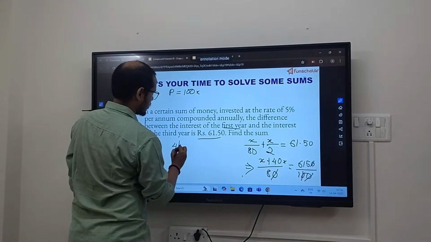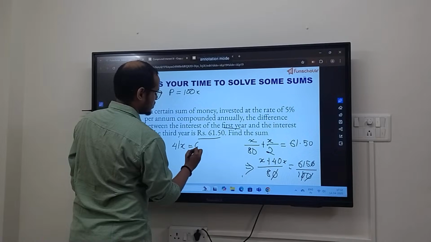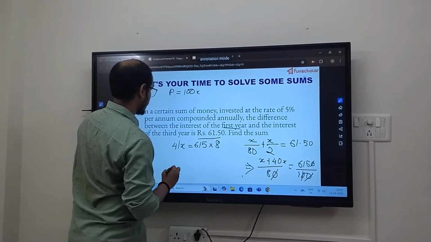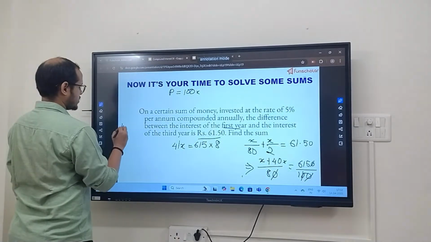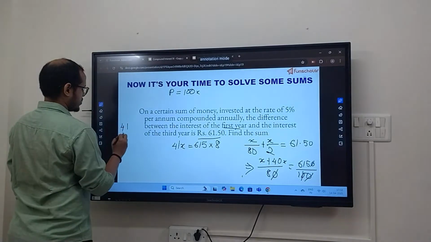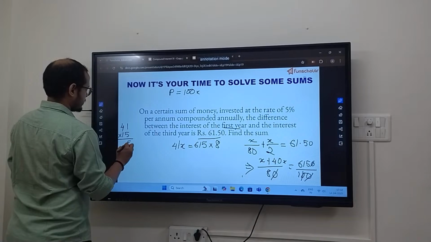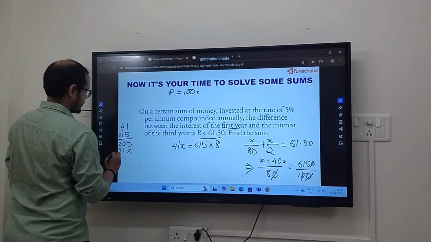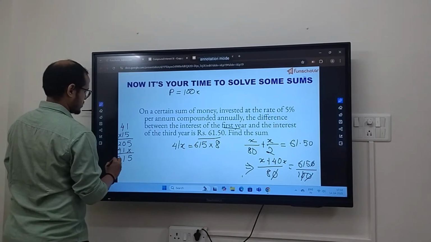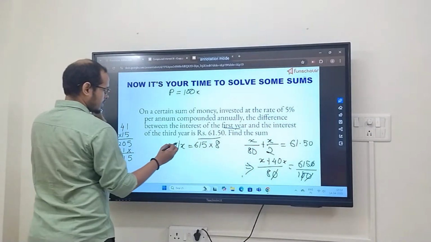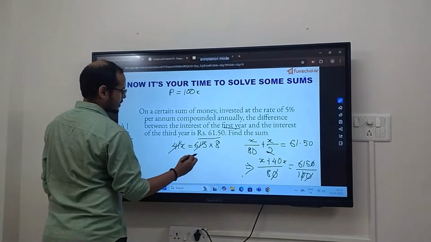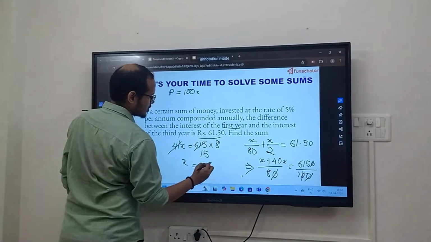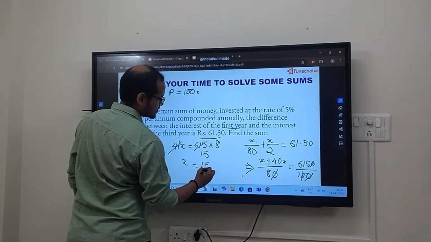So 41x is equal to 615 into 8. Now let's see, 41 into 15, 615. So 41 divides this by 15. So the value of x will be 15 into 8,